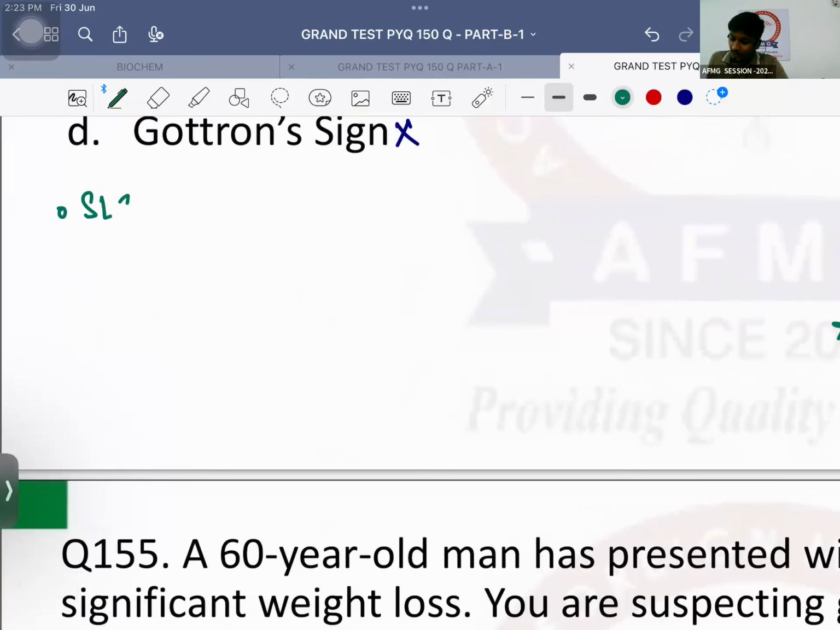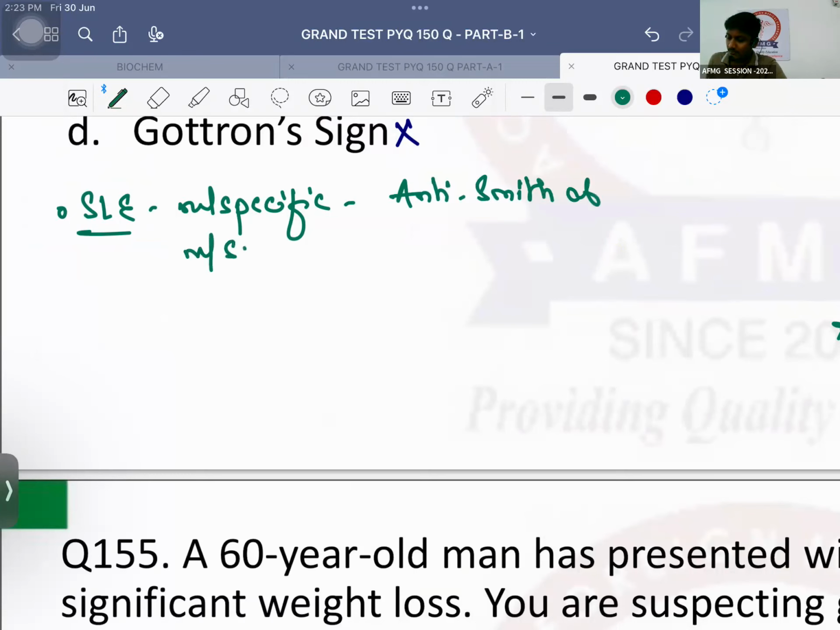In cases of SLE, which is the most specific antibody? Most specific antibody is anti-Smith antibody. Most sensitive antibody: most sensitive means it will be positive in every patient, but why is it not specific? Because it is seen in all other rheumatological diseases also. That is nothing else but ANA, anti-nuclear antibody. So never make your diagnosis based on anti-nuclear antibody, because it is positive in SLE, scleroderma, rheumatoid arthritis, Sjogren's